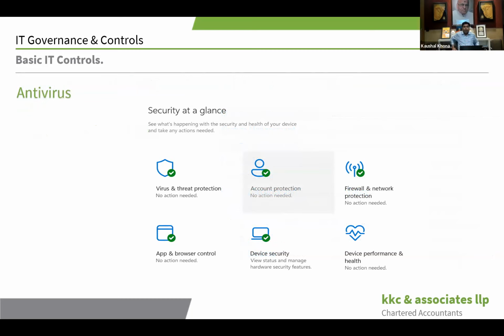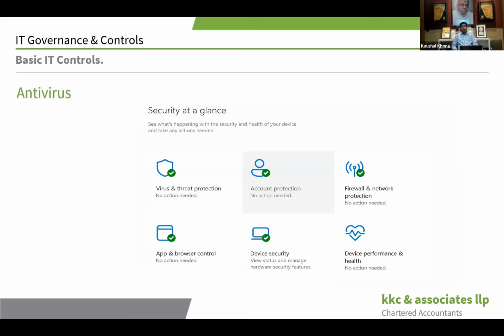Now, I touched upon the antivirus aspect when I was covering the previous slides. Antivirus is one of the most important things you should have, and it should be the first thing you put in your machine when you get a new machine. But it is sometimes the most neglected thing. People say, we will never have a virus attack. If a virus attack happens, we will handle it. No. So antivirus should be your first investment.